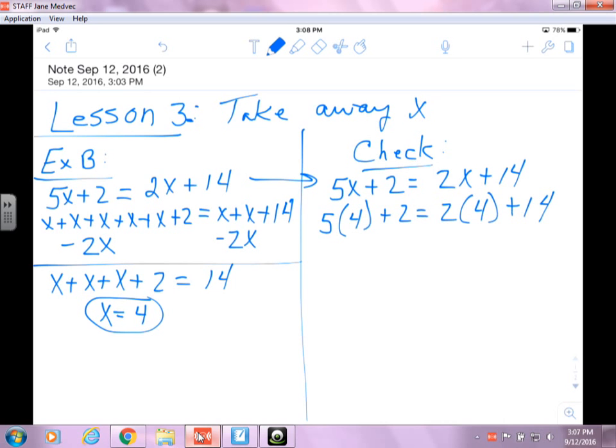And again, I have to put parentheses around it because if I don't, it's going to look like 54, and I don't want it to be 54. Okay, so now what do I do first when I solve these? Do I multiply or add? I'm going to multiply. So I get 20 plus 2 equals 8 plus 14, and then I add. I get 22 equals 22,